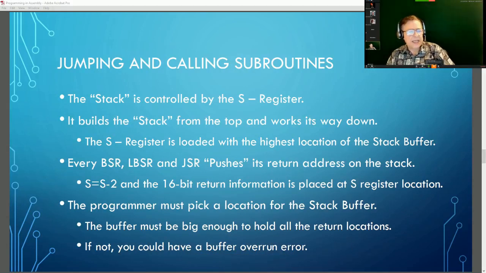Now, the stack in the 6809 is controlled by a register we haven't talked much about. It's called the S register. Boy, it doesn't make it too hard to understand what the S is for: stack. Huh? Yeah. And the stack is used